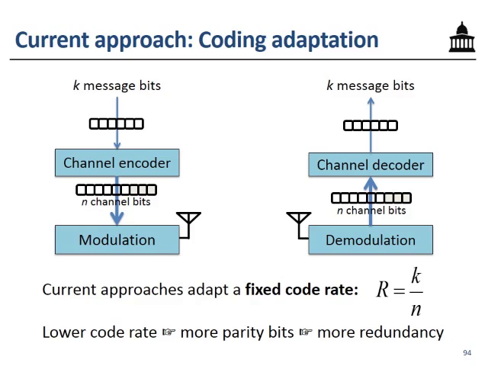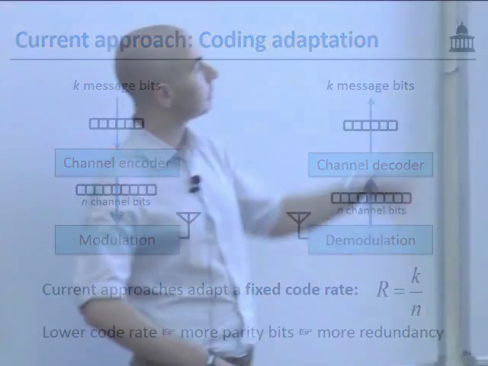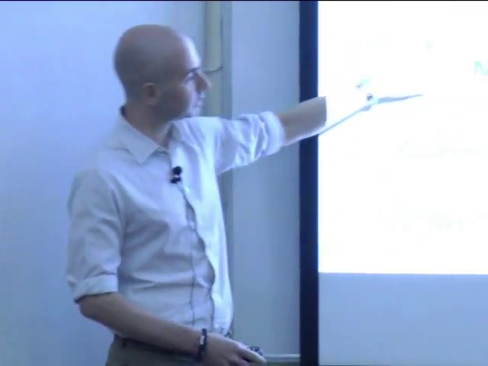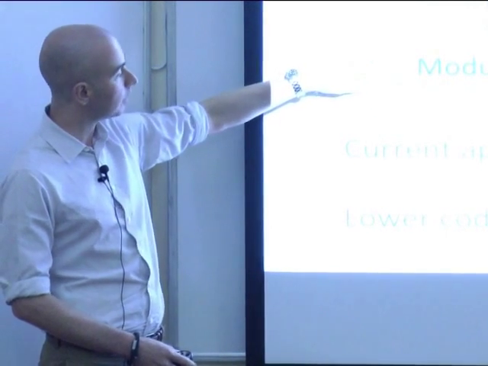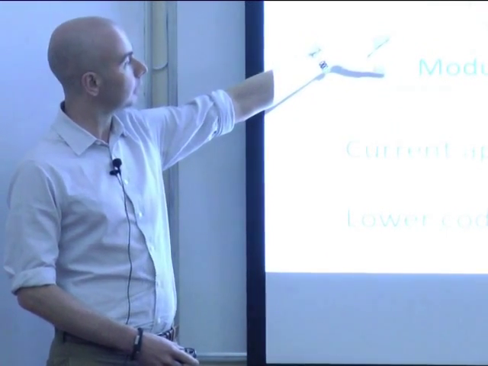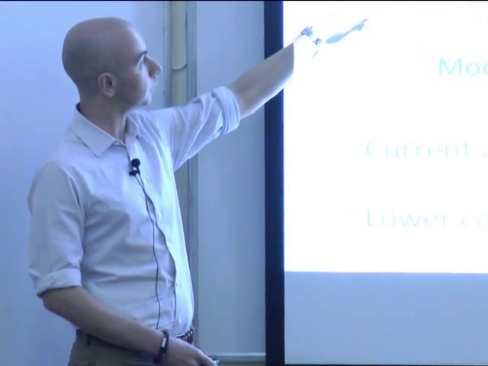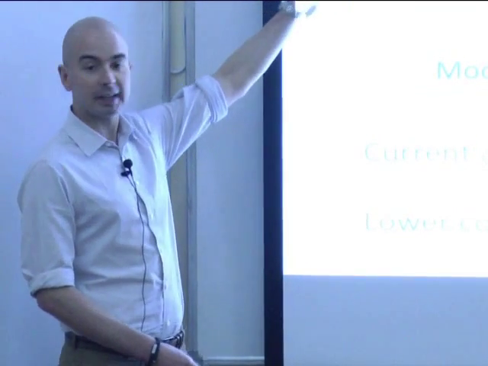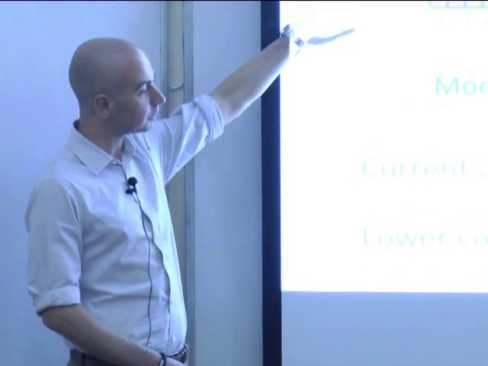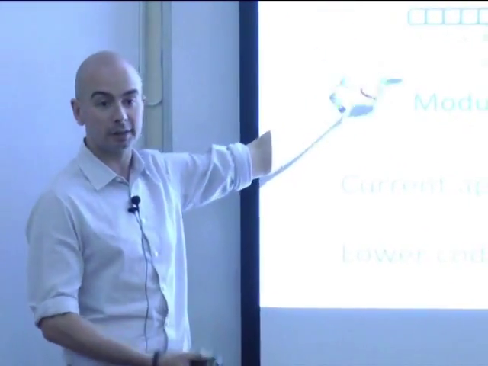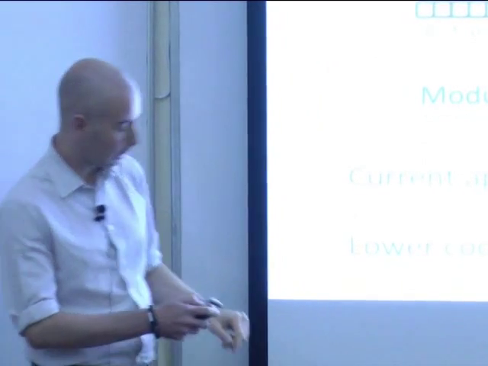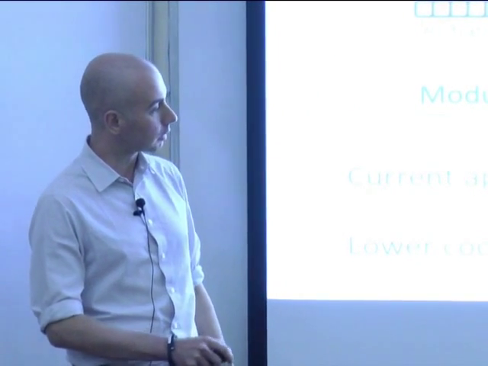The next thing that Wi-Fi does, in addition to varying the modulation, is varying the coding rate. Okay, so we have the modulation. This is a rough idea of the physical layer of 802.11 Wi-Fi. We have the modulation and the demodulation here down at the bottom. And the modulator is taking these channel bits that are the output of a channel encoder. The message bits are coming in from above, going through the encoder, and the encoder is adding redundancy to those message bits to give us some number n of channel bits that is greater than the k message bits that came into that encoder. As a result, we have some fixed code rate, r, that's the ratio of k and n,